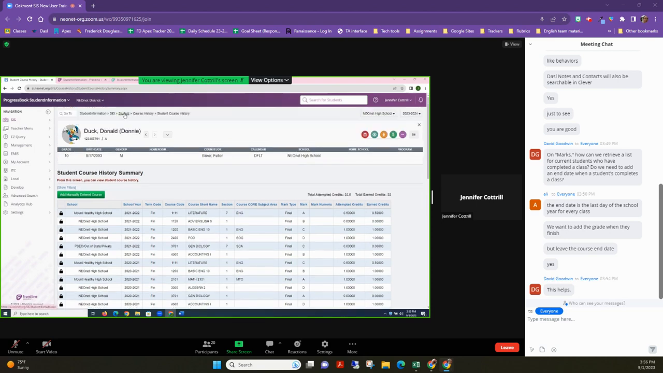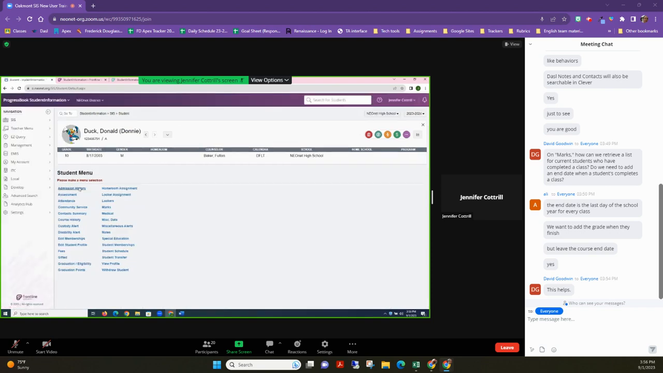Another one is if I go to SIS student and then assessment, we have several assessment screens inside of the software. I'm going to pick on end of course exam because I'm with Donald Duck here, that's a high schooler. So if you have access